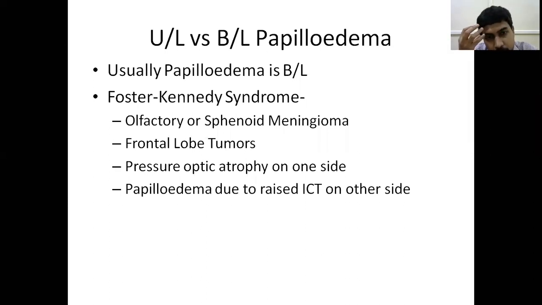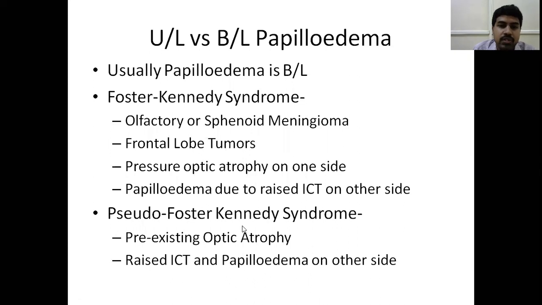So when there is a frontal lobe tumor, it causes pressure on the optic nerve, leading to optic atrophy on that side. This atrophic optic nerve doesn't get swollen up. So one side goes into optic atrophy. The other side has edema of the disc due to raised ICT, papilledema, because of the tumor. So there's an olfactory lobe tumor, which causes raised ICT. But at the same time, along with causing raised ICT, this tumor also causes direct pressure over the optic nerve and causes atrophy of the optic nerve on the side on which the tumor has arisen. An atrophied optic nerve head never goes into edema, papilledema. So one side there is optic atrophy, the other side there is papilledema due to raised ICT. This is known as Foster-Kennedy syndrome.